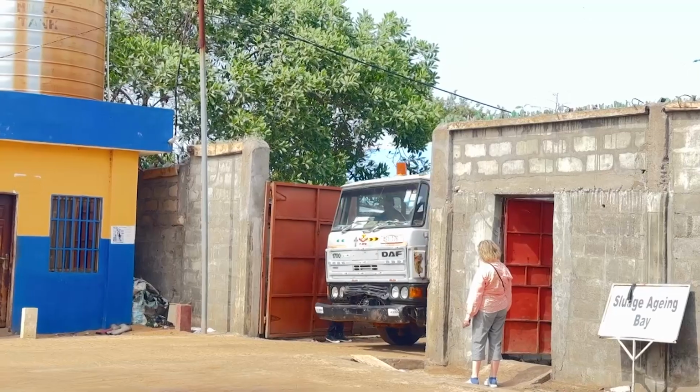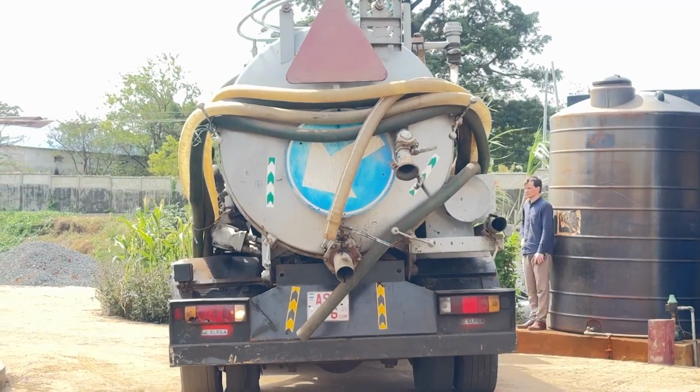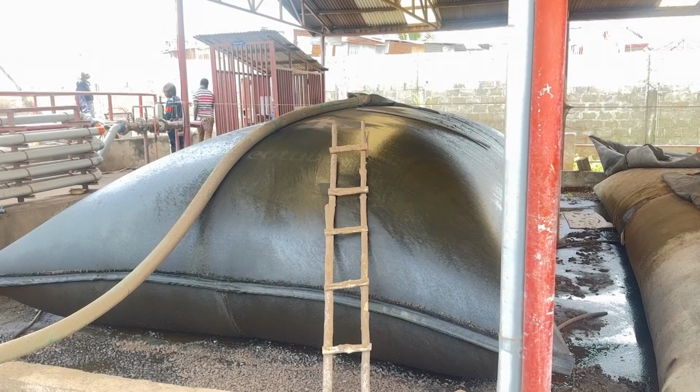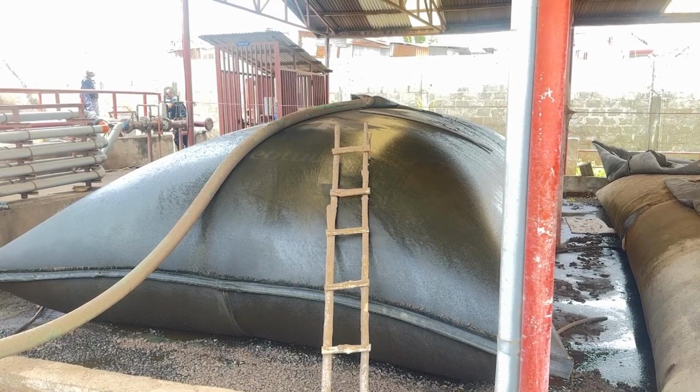Program Manager of GOAL Sierra Leone, Getu Debella, mentions that the plant processes 8 to 10 trucks of liquid waste daily. Sanitation, waste management, generally it's a circular economy. It doesn't stop somewhere because there are subsequent actions to be undertaken because it is a systems issue. So in our bid to solve the problem on a permanent basis as well as to